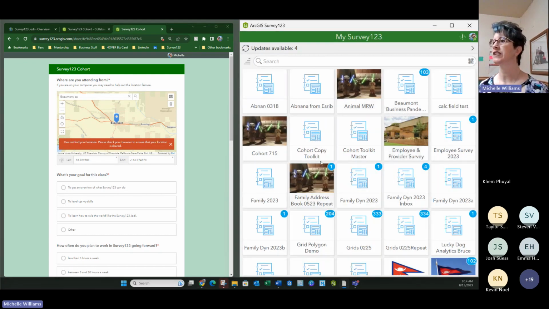So what we're looking at over here is Survey123, the field app. And that's why we download the field app on our desktop, because you can also have it on your phone. But if you have it here, then it's much easier for you to go back and forth and put them both on your computer when you're looking at things. So I can say,